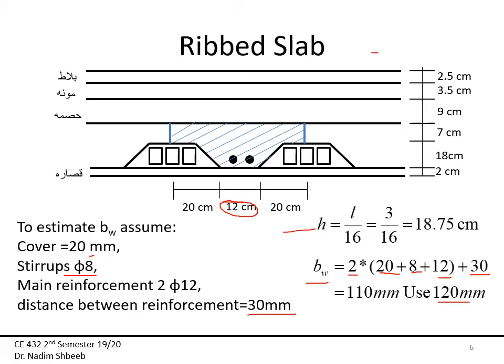As far as the height goes, here I have a simple ribbed slab. Again, here the beam and the ribbed slab have the same deflection criteria, so that's going to be L over 16. Here I'm having 3, again, since I'm using the clear distance, so this is about 18.75 centimeters. So this is the minimum that I require, since the height of my rib is about 18 centimeters, and I have the top mat about 7, so the total depth is about 25 centimeters,